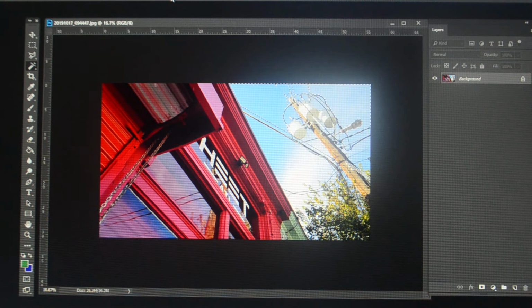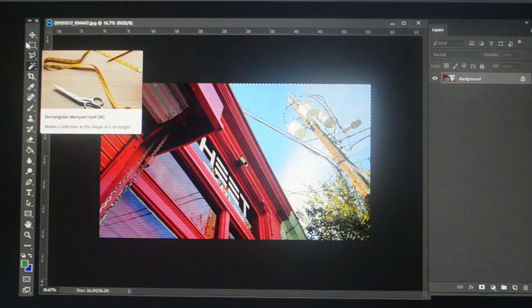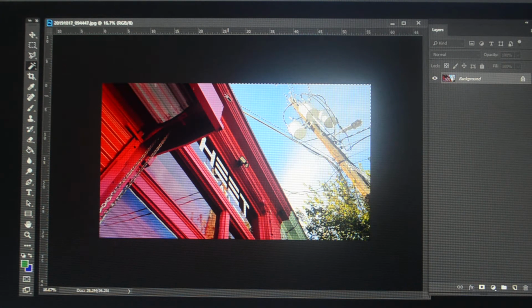You have a control up here too, tolerancing. The tolerancing is the default 32. The lower the number, the more sensitive it is, the less it selects. The higher the number, the less sensitive, the more it selects. So that requires a lot of practice and patience to get good with it. It's just not easy. What a lot of people like, and then I'm going to hold my Control D to get rid of my marching ants, is the